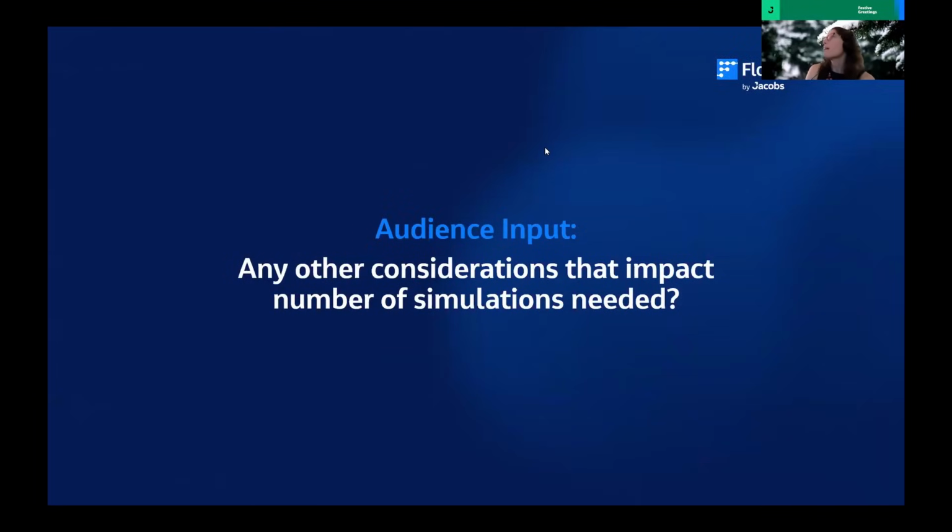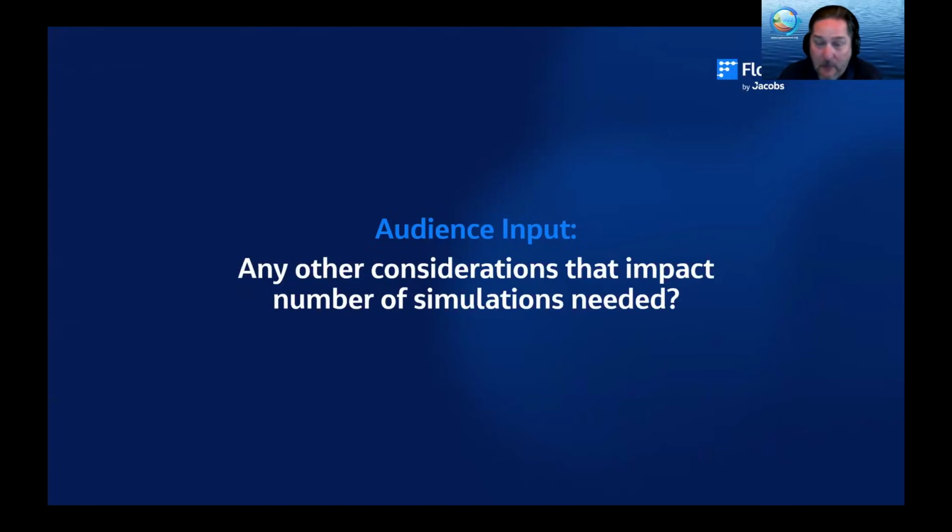So before I throw it back to you as the audience for any thoughts on other areas that could be used to reduce the number of simulations, don't forget that limiting simulation numbers can be as simple as simulating only the events you really need. For example, simulating all durations up to 120 hours for a small catchment with no storage should not be your default. So over to you, audience. Are there any other critical considerations for defining the number of simulations?